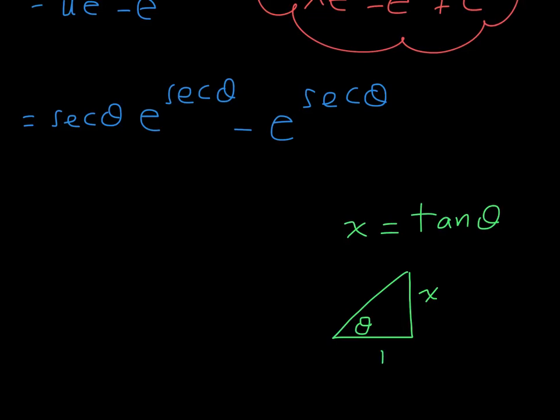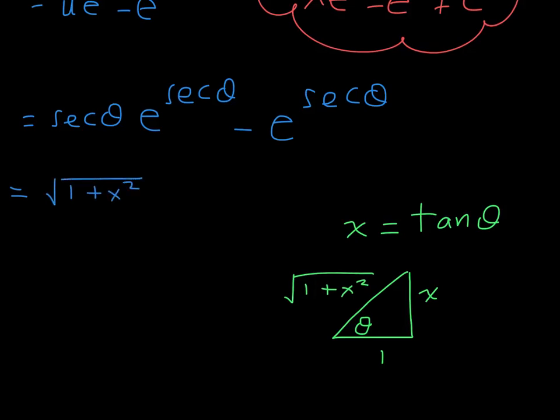So that means the opposite side is x and the adjacent side has to be 1. That way, tangent of this angle theta is x over 1, which is just x. But by the Pythagorean theorem, that makes this hypotenuse side the square root of 1 squared plus x squared. Therefore, our final answer is secant theta, and if you look at your triangle, secant theta is the hypotenuse